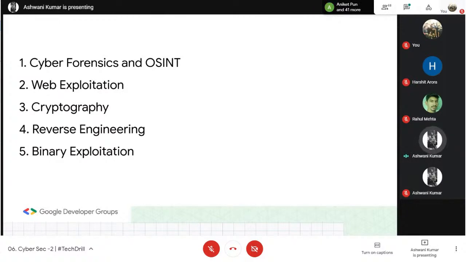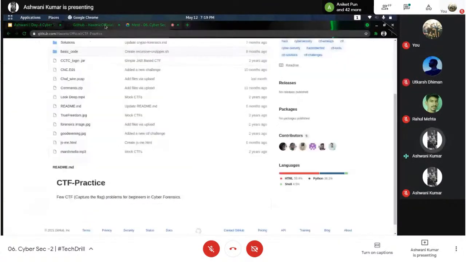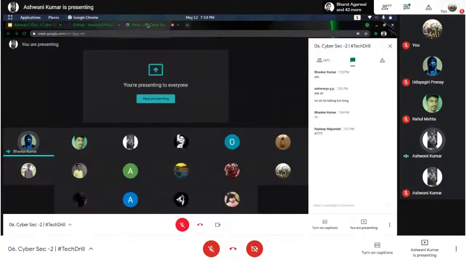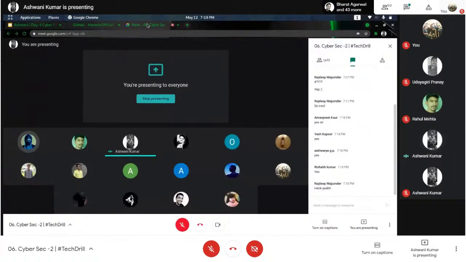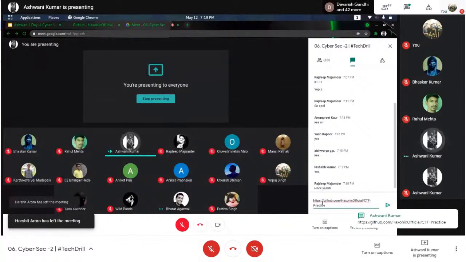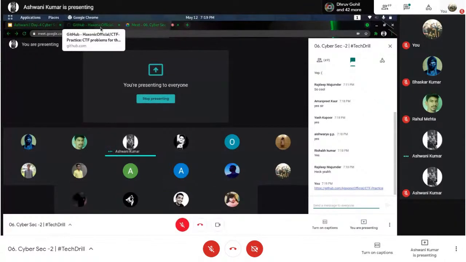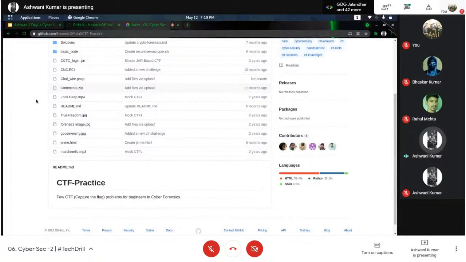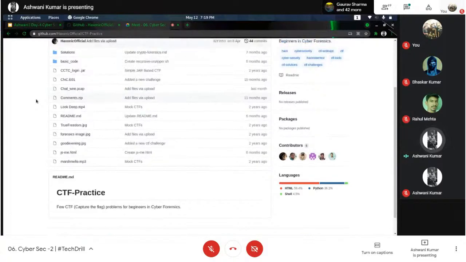So I will be taking you to the lab. I'm copying this over using my PC right now. If you are using a PC and you want to solve along with me, you can just solve that. Fine. I will be taking some basic challenges so that beginners can understand what this CTF is all about. Basically, we have to find the hidden message in these kinds of files.